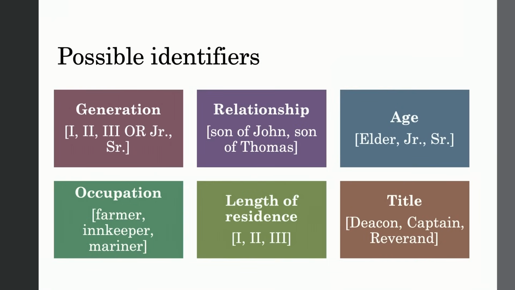Possible identifiers exist everywhere within the mindset of the record creator. Generational distinctions, relationships, ages, occupations, length of residence in a community, or a specific title. Take time and track how the individual you're tracing is treated in the records. Be aware, online abstracts and online transcriptions oftentimes will leave out these important details. When you're indexing a document and you see Thomas Smith Inholder, you're probably directed to key that as Thomas Smith, which means if you're looking at an index, you have to look at the original record to find that extra